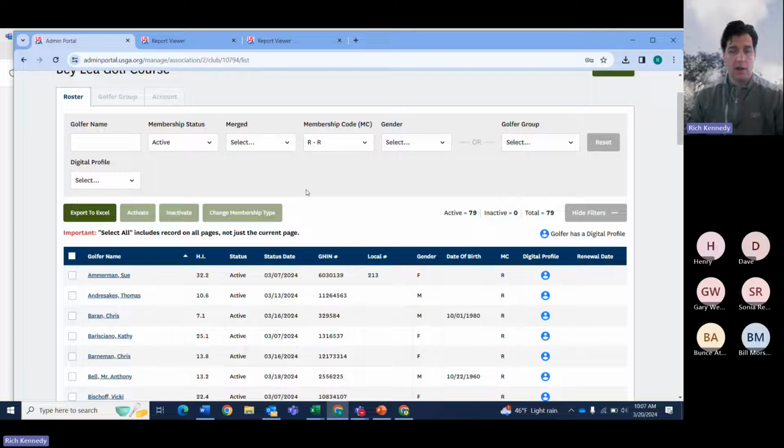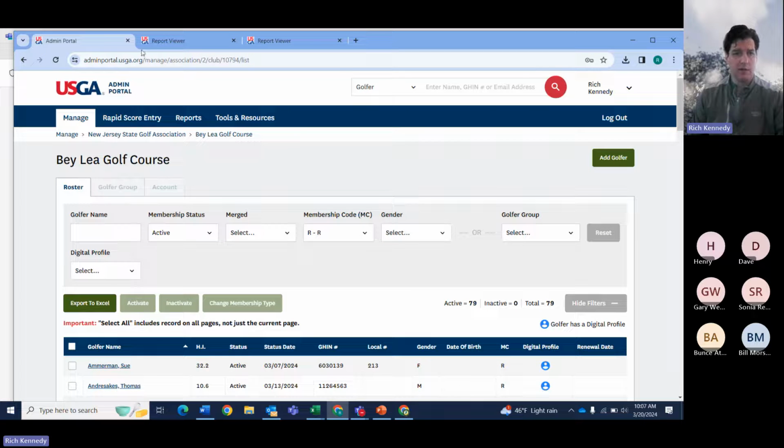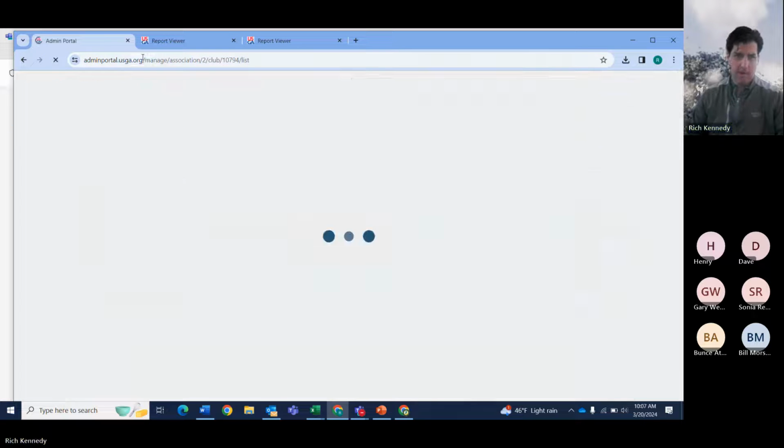That way, as golfers are paying you for their seasonal GHIN membership, you're activating them, and then the people that show up on the billing, on a bill that comes out first week of June, are all people who've paid you for the service, and there's no discrepancies. So the easiest way to do that is, again, I'm going to refresh the screen,